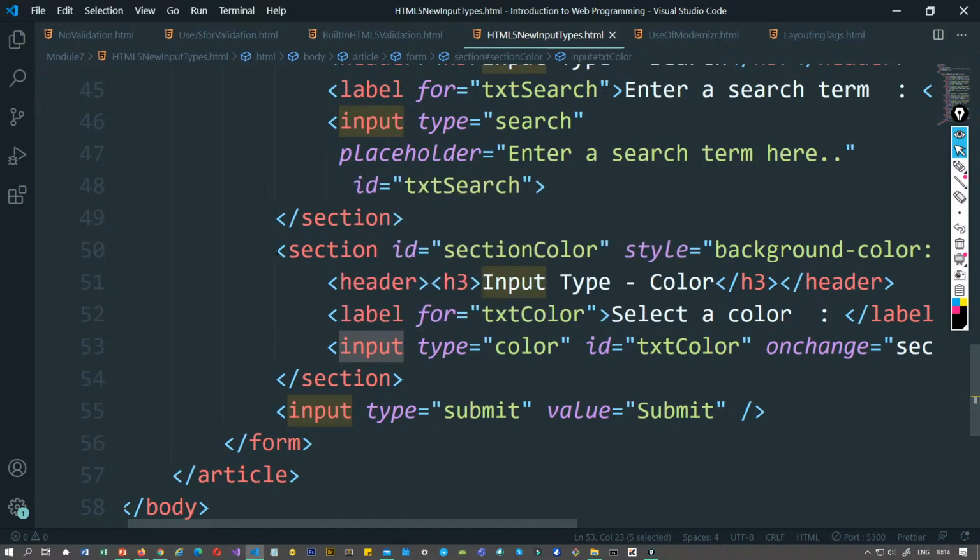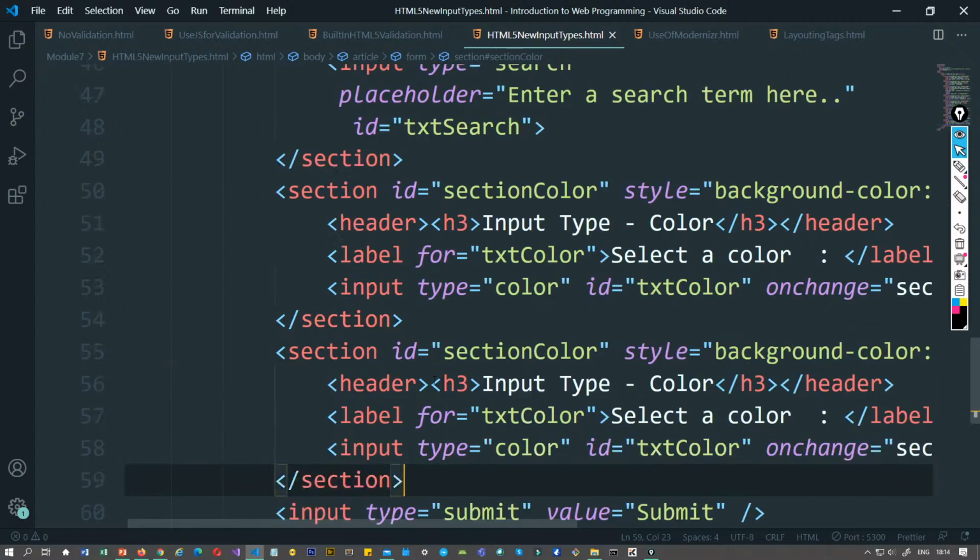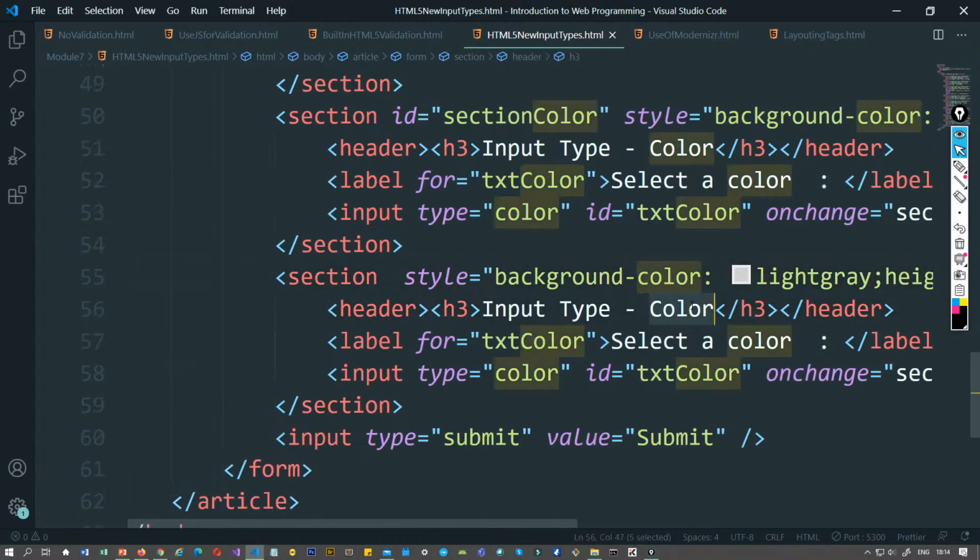So that's another input type which we can use. Now the next input type that is there is input type equal to range. So here I'm going to get rid of this ID. I'm going to have input type equal to range. Now for this input type equal to range,